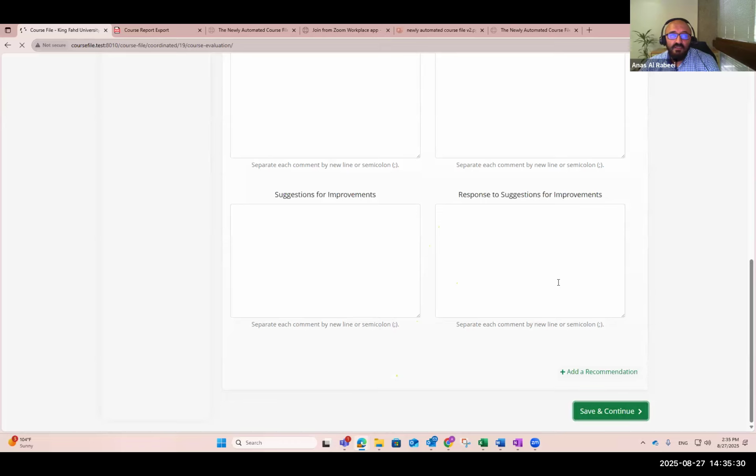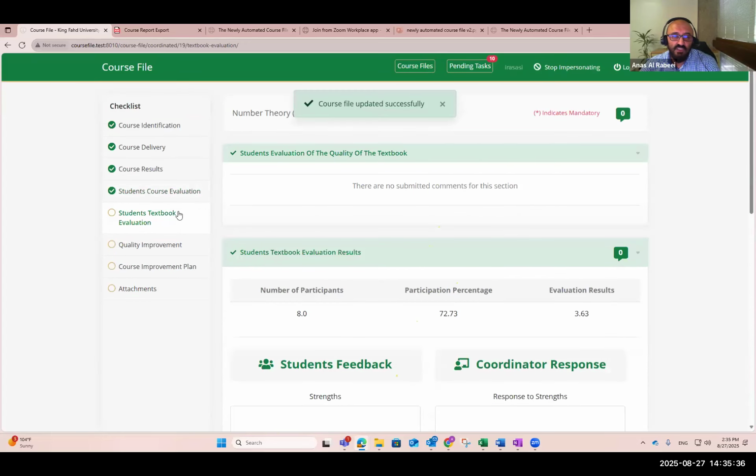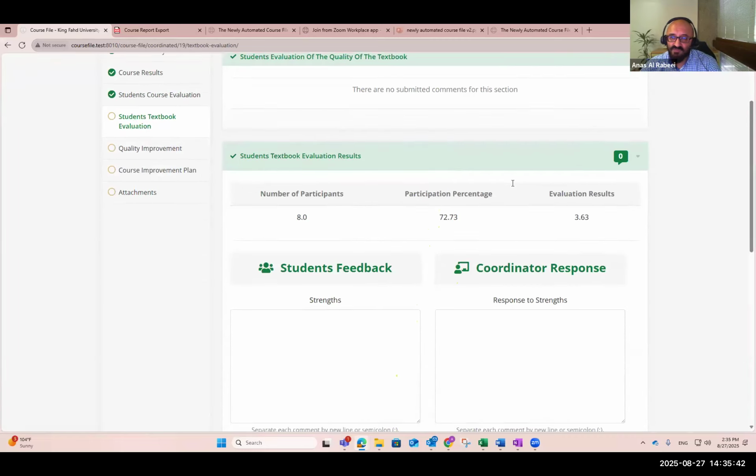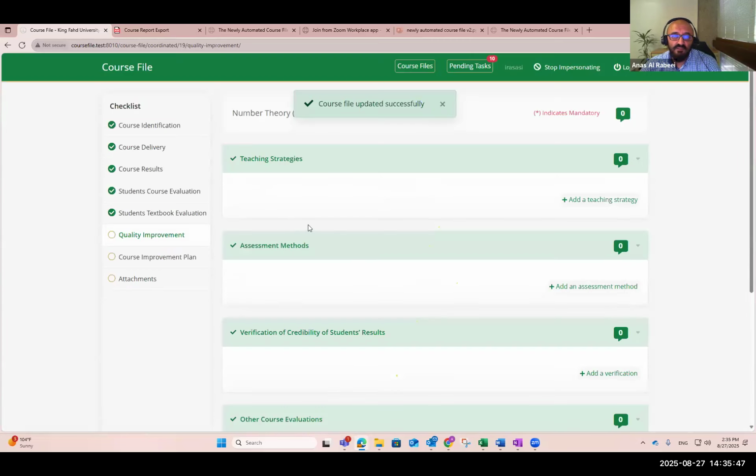Otherwise, you will go to the next step, which is the student textbook evaluation. He will do a similar thing, and it is similar to the course evaluation. Same page. Then finally, the last section is about quality improvement, and the whole section is